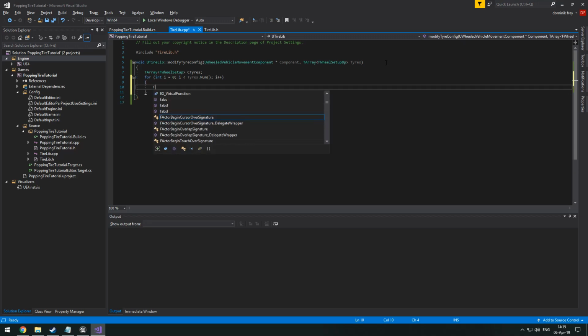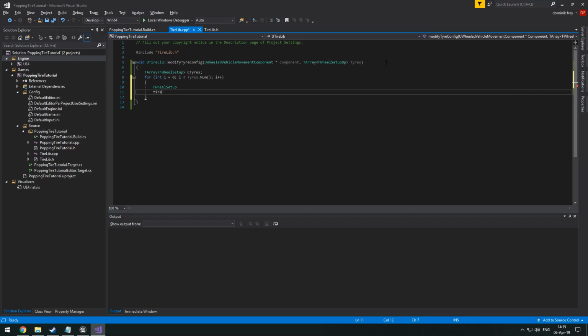Then we want to get our F wheel setup, tire dot wheel class